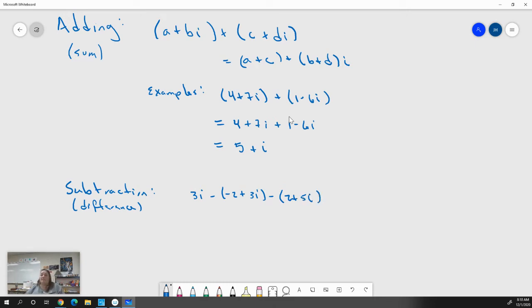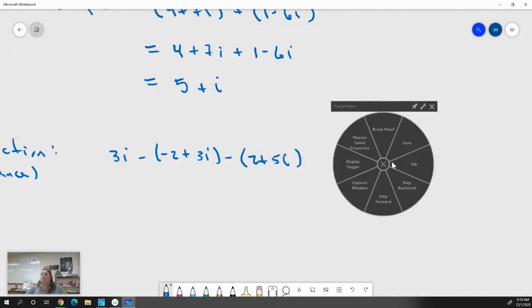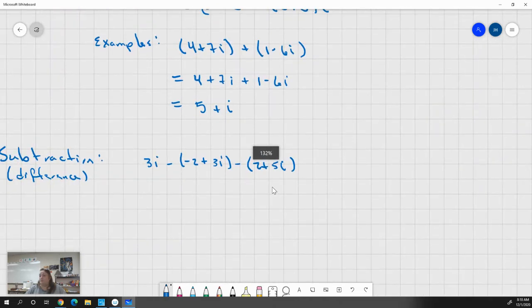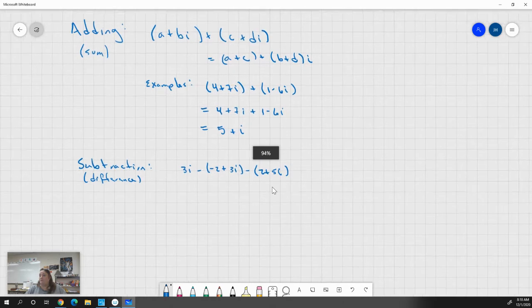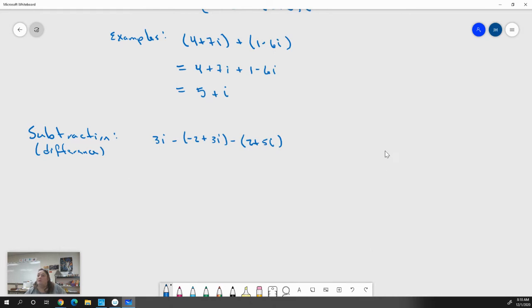What happens when we're dealing with a difference is we have to distribute these negatives into the parentheses, right? Because we're not just subtracting this first number, we're subtracting the entire piece, right? So if I'm going to rewrite this, that got big. It got big to 147% or something like that. Maybe a little bigger now. So when I rewrite this, I'm going to write it as